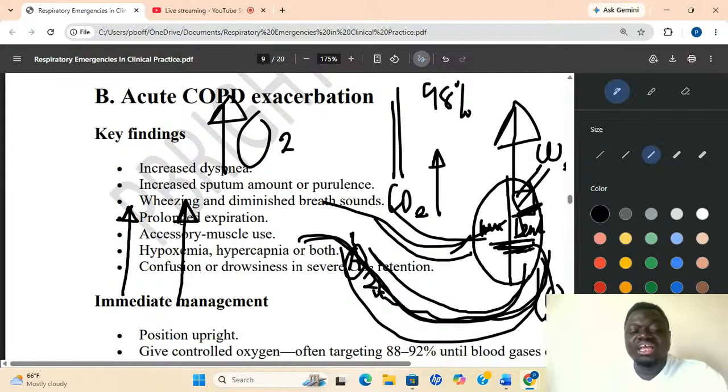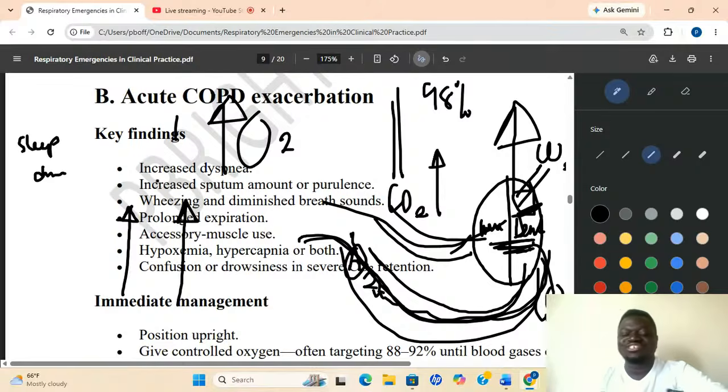The brain, a lot of CO2, when it gets to the brain, what does it begin to do? It will reduce the brain function. So you see that the patient will be sleeping, drowsy, and all that. This is what happens with CO2, guys. Yes. So don't give a lot of oxygen. When you give oxygen and their saturation gets between 88 to 92, whichever level you got, stay there.